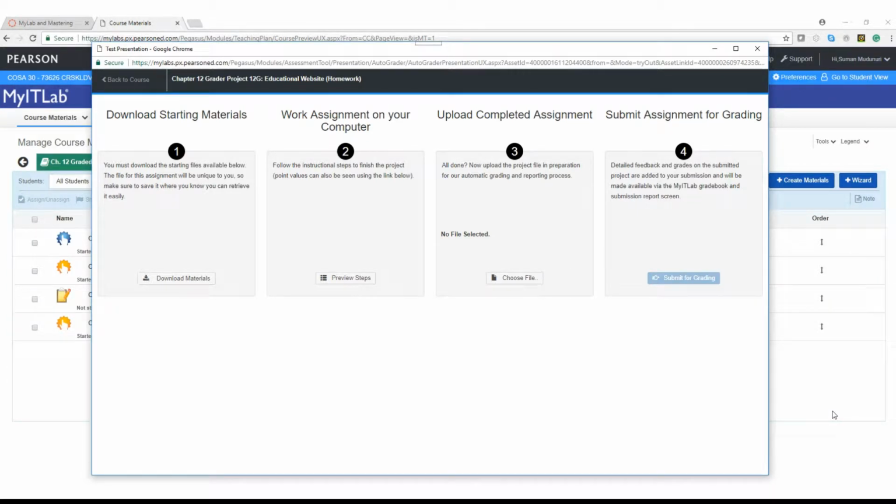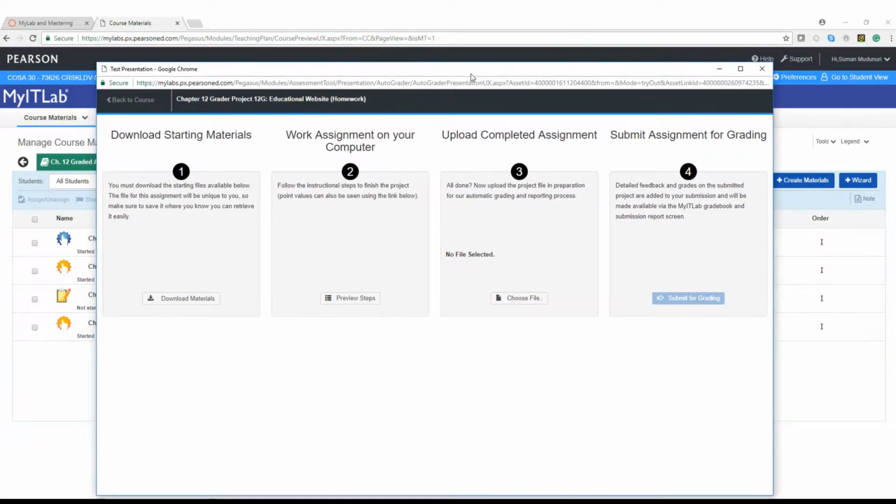I'm going to walk through the chapter 12 grader project for you. I'm hoping this will help you get through the assignment as well as understand the simulation and all the concepts in this chapter. First thing that you've got to do is go to the course site